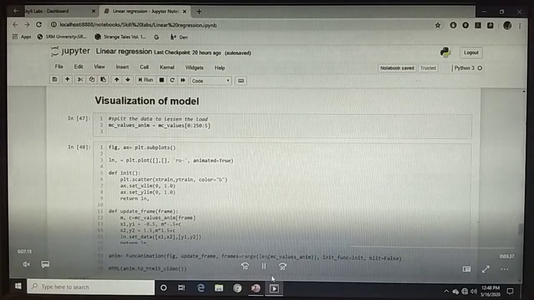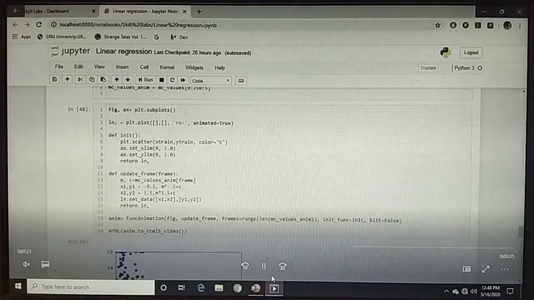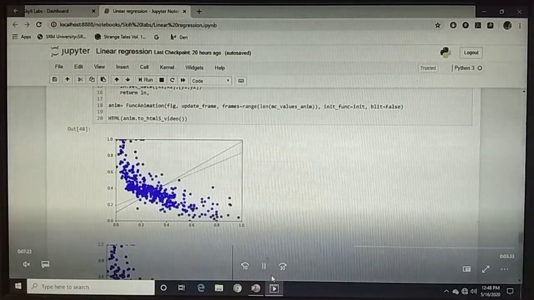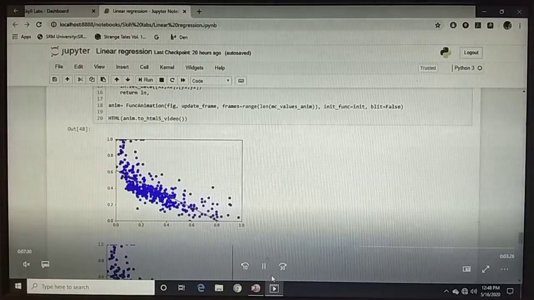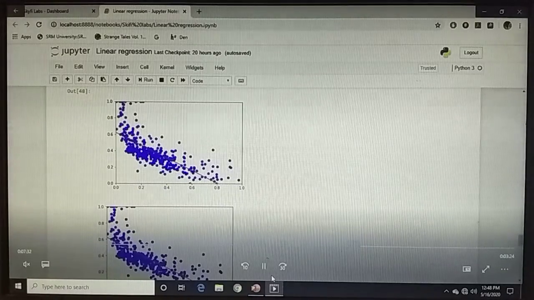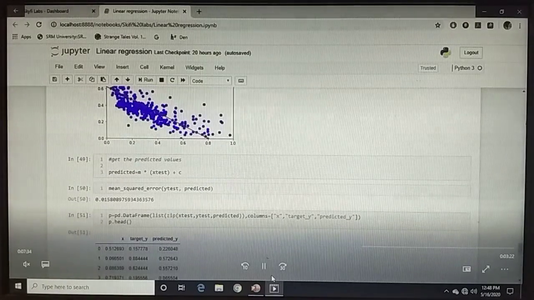by using the HTML and FuncAnimation objects. I can see in this video how the model trains and the regression curve changes according to the m and c change, and now I can get the predicted values using the y equals m times x plus c equation for linear regression.